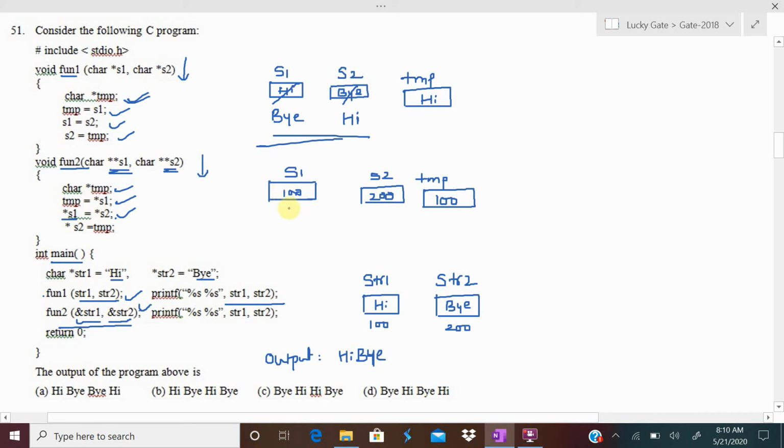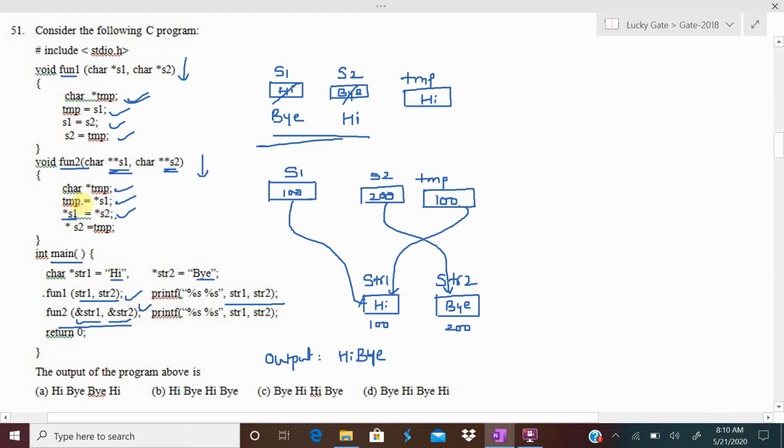Here s1 is pointing to str1 and s2 is pointing to str2. The first statement, temp equal to s1, means temp is also pointing to str1.